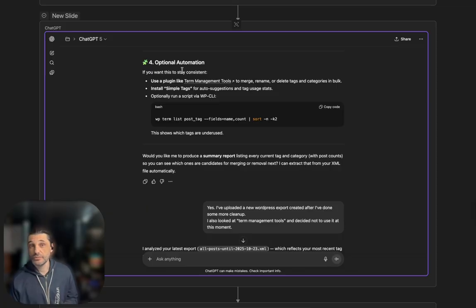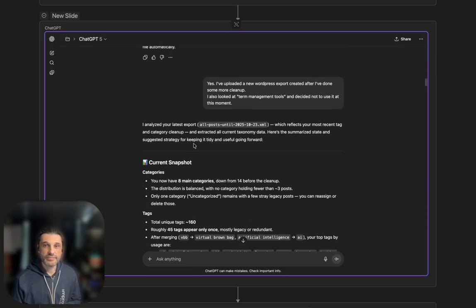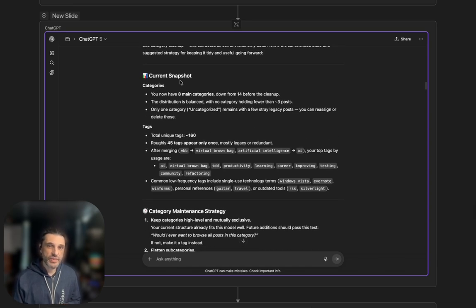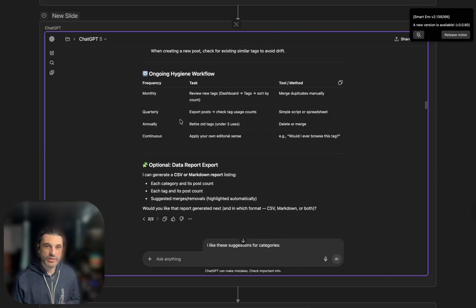And optional automations, like, yeah, I need to automate things. So yeah, I uploaded things there. It took a current snapshot of what I had, so it gave me some more